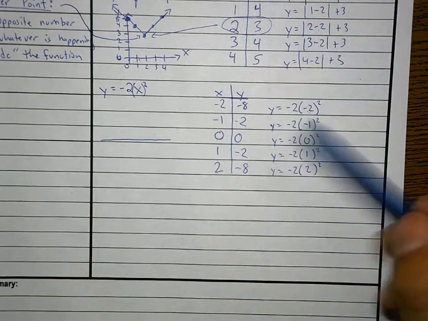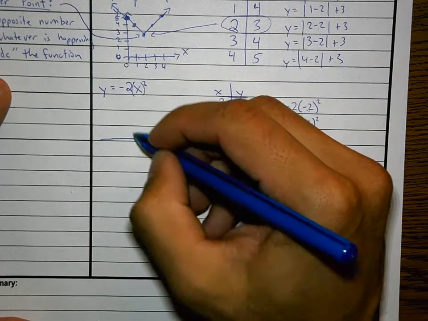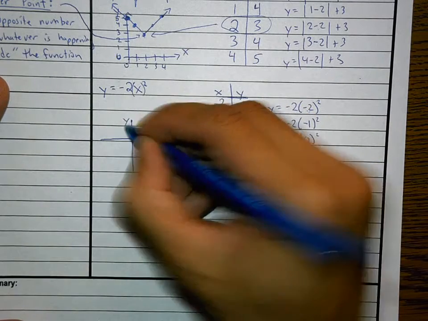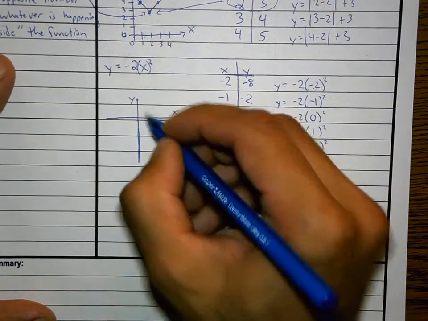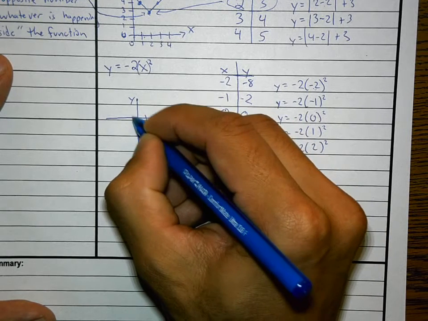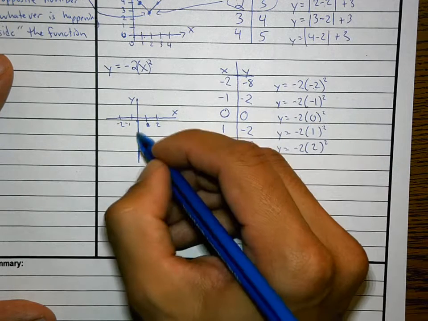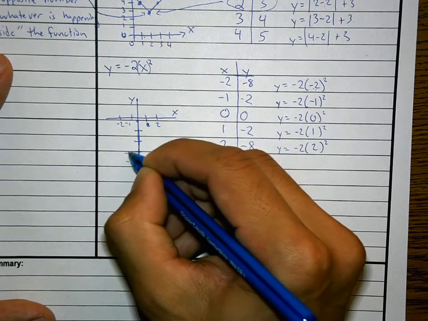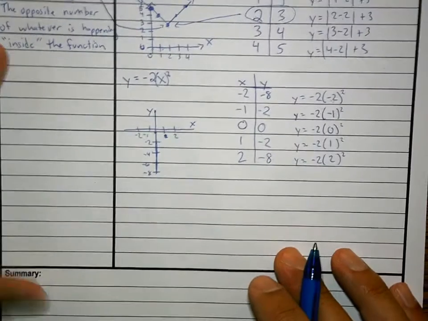So I just showed you all how to plug this into your calculator. What we want to do now is to take these points and plot them on a graph. X and Y. And I'm going to have more below the x-axis, so I'm going to make my x-axis and y-axis. I'm going to go 1 and 2, 1, 2, 0, negative 1, negative 2. And I have to go down to negative 8, so I'm going to count by 2s. 2, 4, 6, 8, but they're negative. Negative 8, negative 6, negative 4, negative 2. That way I can plot my points,